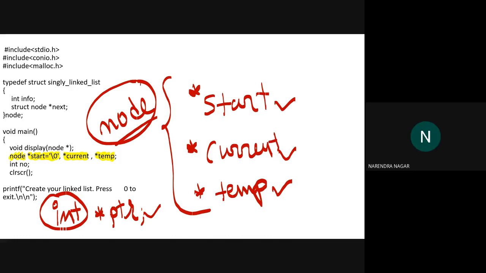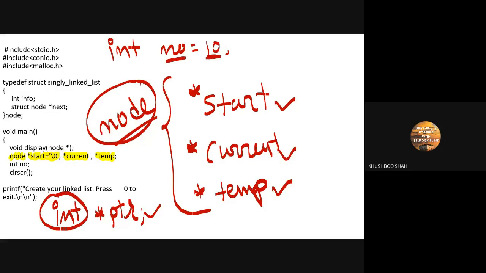Yes, ma'am. Okay. Can I write integer no is equal to 10? Can I write this in my program? Is it a valid statement? What is the meaning of this statement? We are initializing the no variable with the value 10.